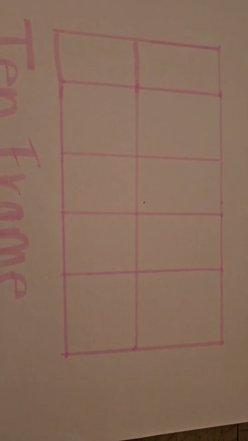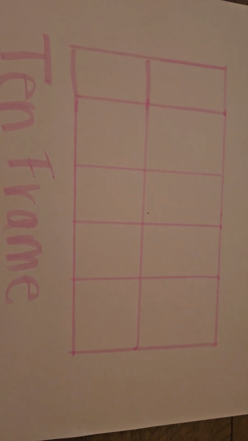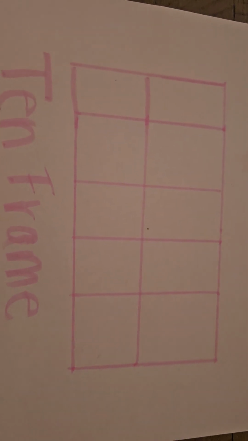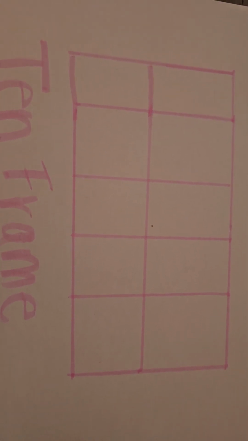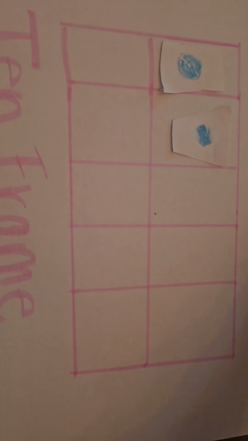My teaching strategies, I will show them again the 10 frame and make sure they have a good understanding of it, that each box in the 10 frame is representation of one number. Each box stands for 1. I will give the students an example of how it's used and what will be represented in the 10 frame. So I would give them an example of a 10 frame, and I would show them that